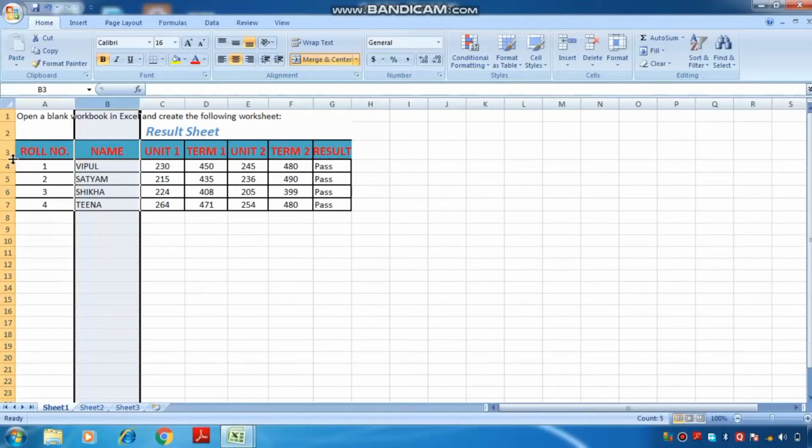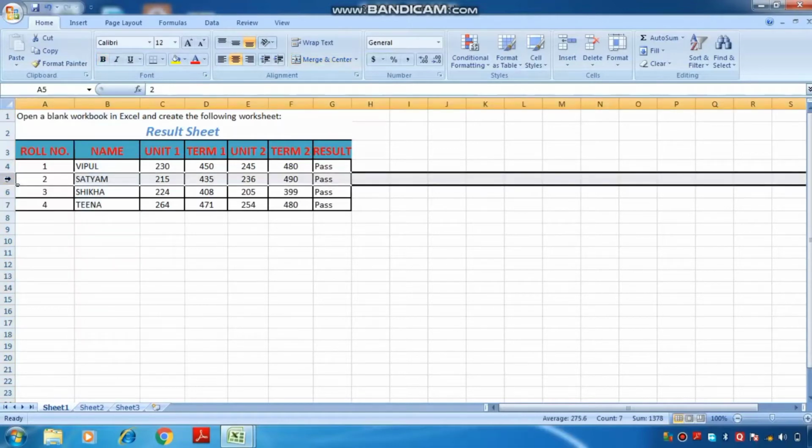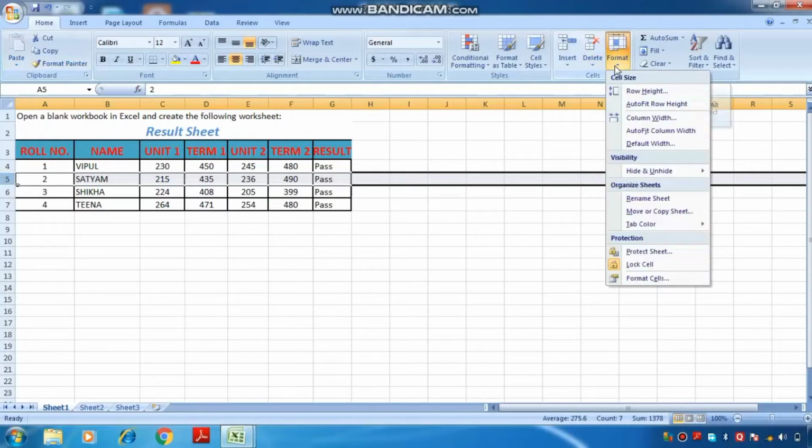The second is to set the row height to a specific size by using the options. First you have to select the row like this. If I want to increase the size of this row, I just select this. Then on the home tab, under the cell group, I again click on the format option, and here I find the row height option.